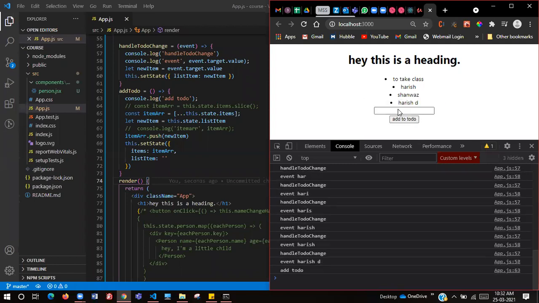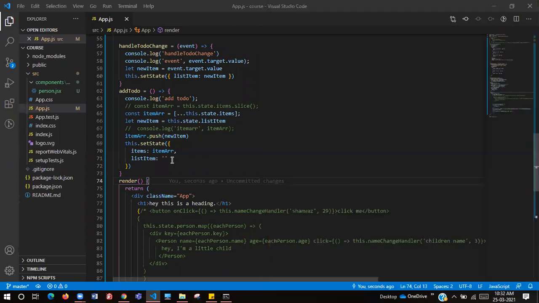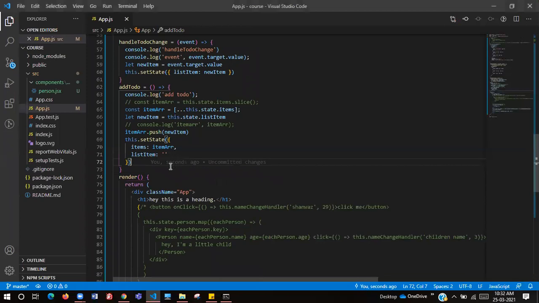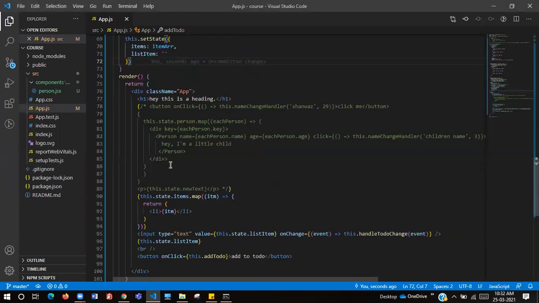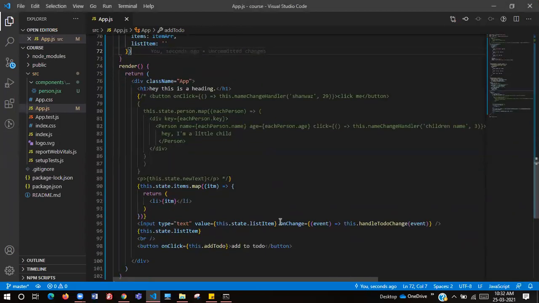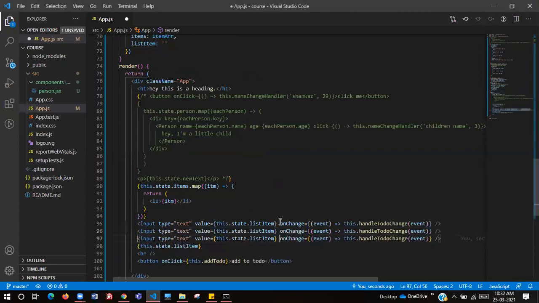So you guys are getting it, right? Why we are doing this and how we need to do this? Yes, Harish. Now let's see if there are multiple input fields. So this was what you asked. Now list item 2. Now list item 3.